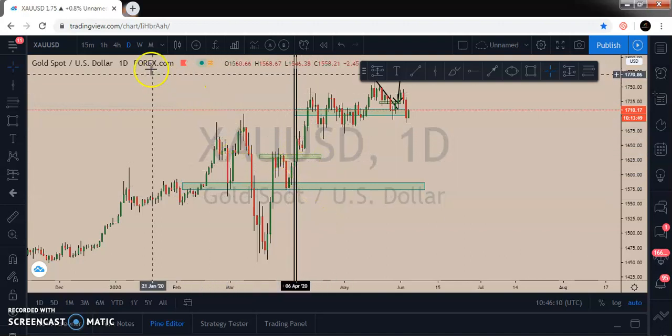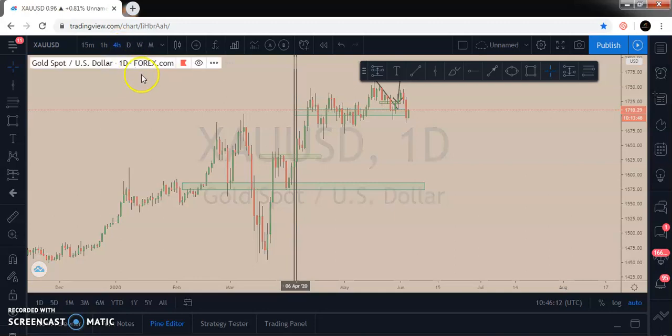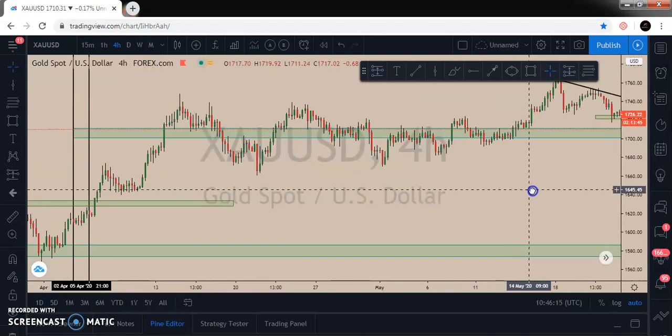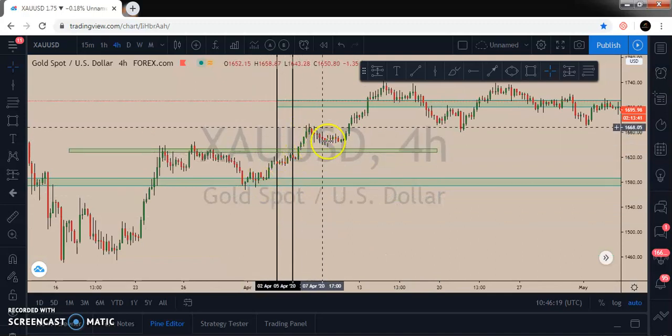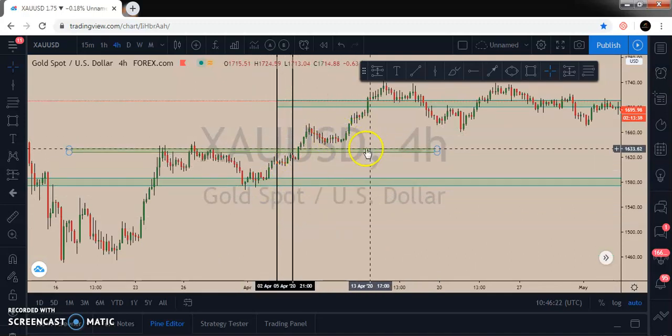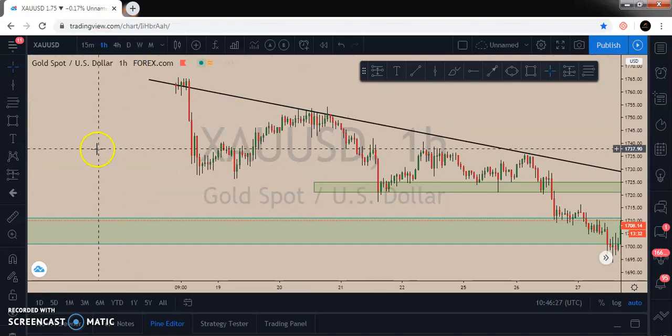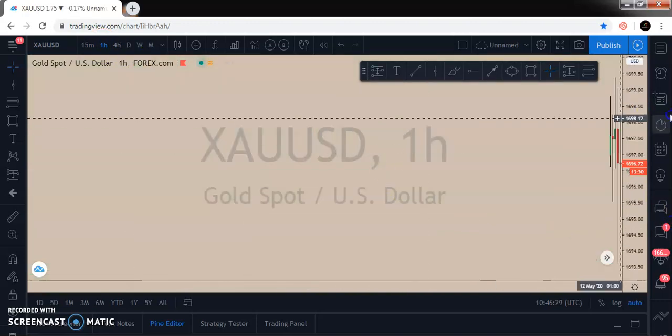Now you go on your 4 hour time frame to see that same structure level. Very simple. You just scroll to the back. This is the structure level you identified, and this is when it was broken, and this area should be where you'll be looking for your entry. And if your entry wasn't provided here, you can decide to go on the 1 hour time frame, which I don't make use of, but I'm just showing you something you should learn here.